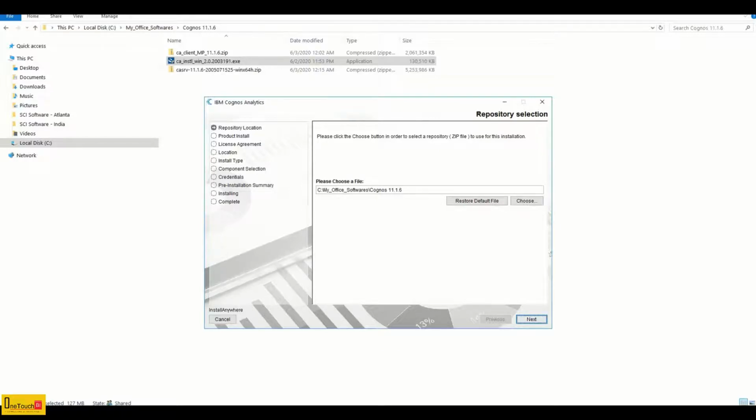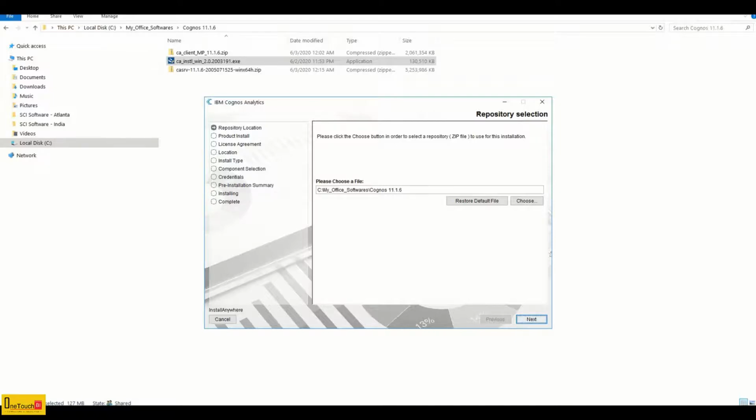You need to provide the repository location. The repository location is nothing but the one you see in the background, the CA server 11.1.6. That zip file is the repository where it is going to unpack the installation files for your Cognos 11.1.6.